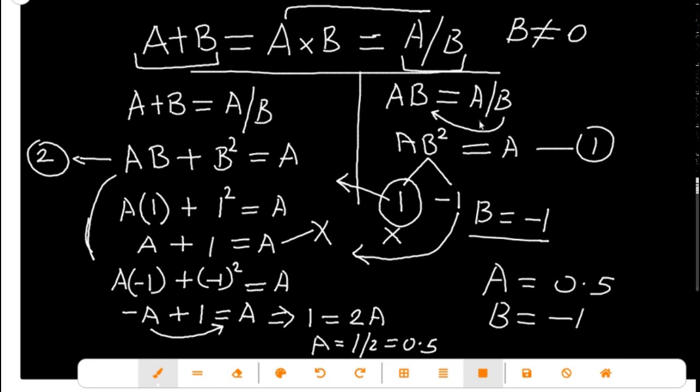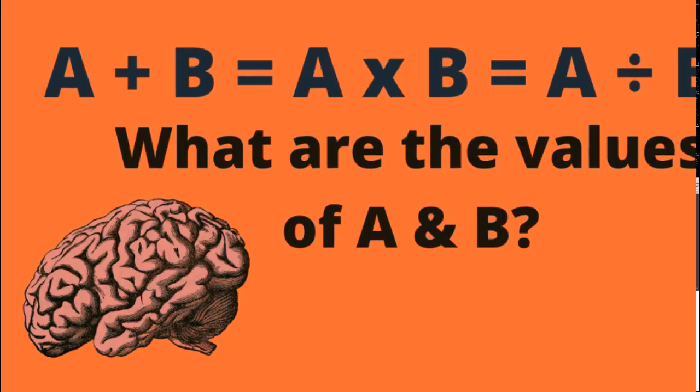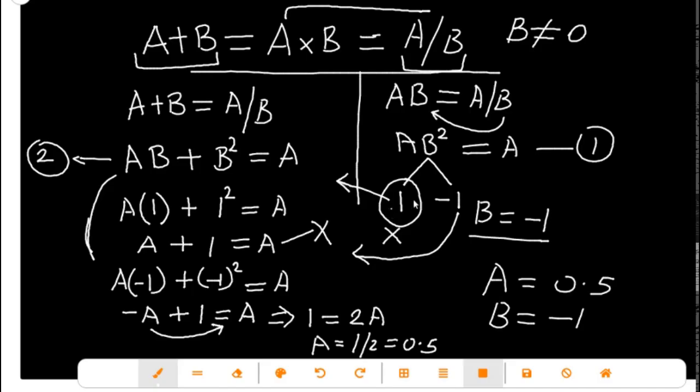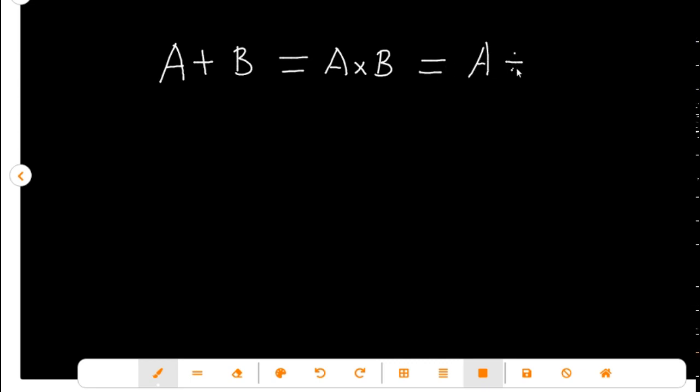Shall we put this value in our original equation? This one, a plus b is equal to a into b is equal to a divided by b. Let's do it. So let me put a plus b is equal to a multiplied by b is equal to a divided by b. Okay, we got our a as 0.5 plus